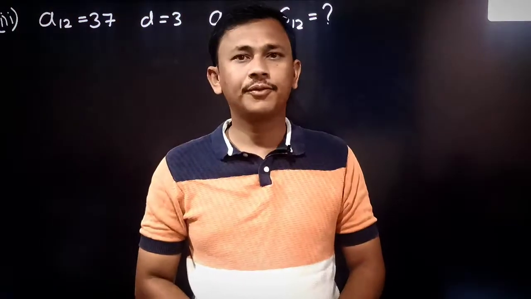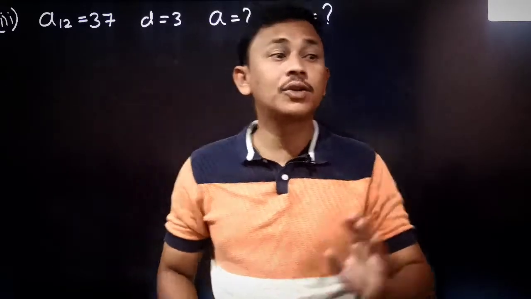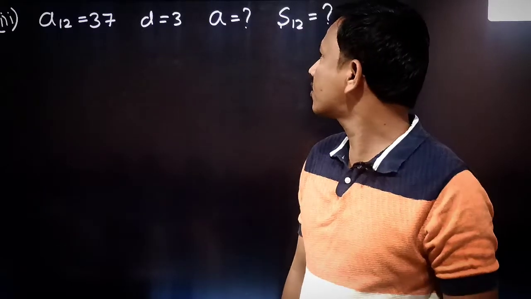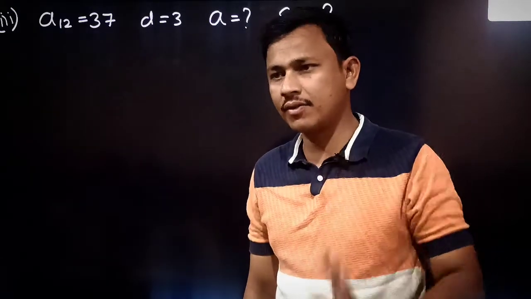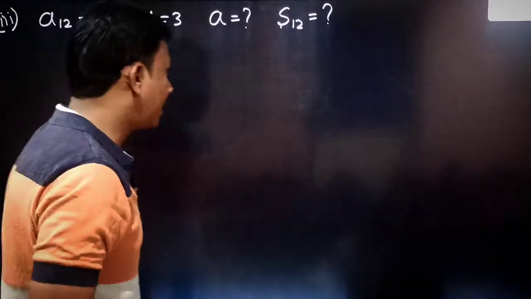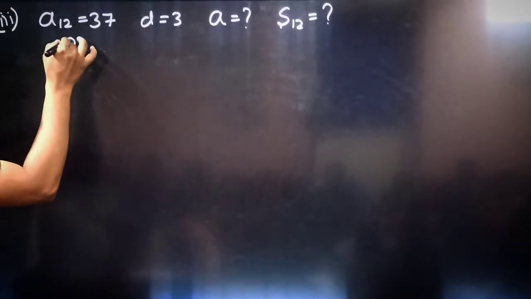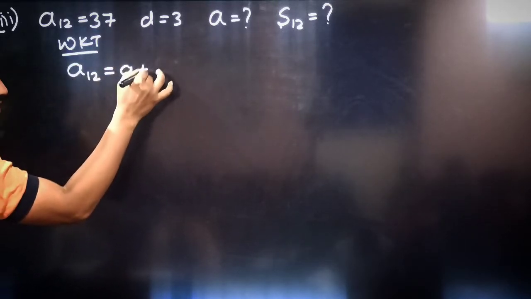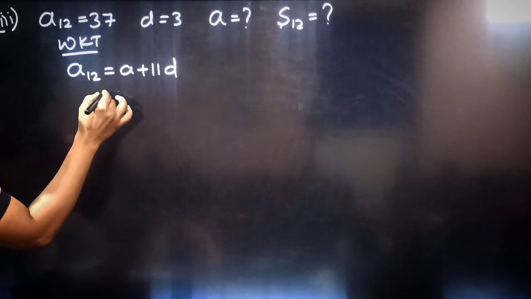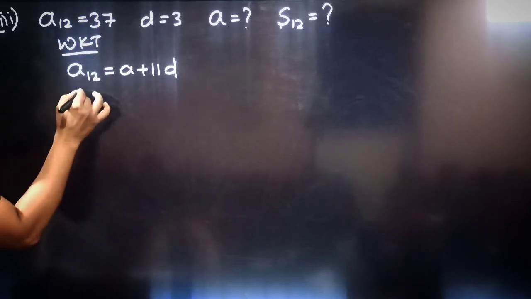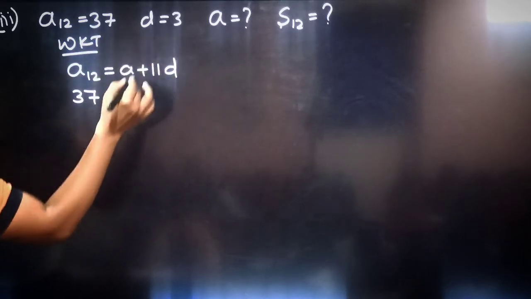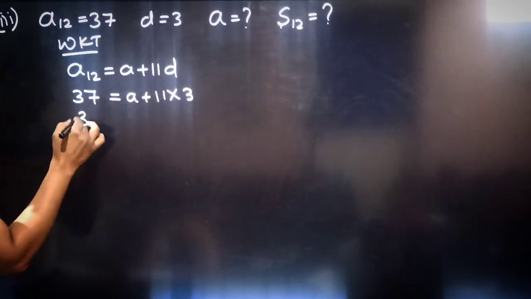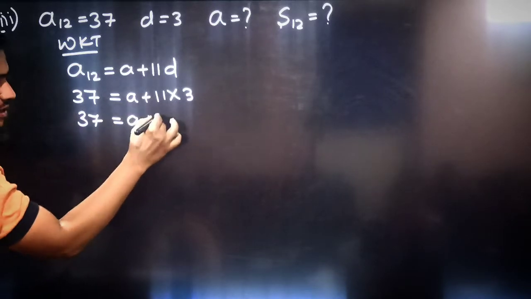Third question. What have they given here? a12 is equal to 37. d is equal to 3. a is equal to question mark. S12 is equal to question mark. We know that a12 can be written as a plus 11d. This a12 is 37, equal to: what is the a value? Don't know. 11 into d, the d value is 3. 37 is equal to a plus 11 threes are